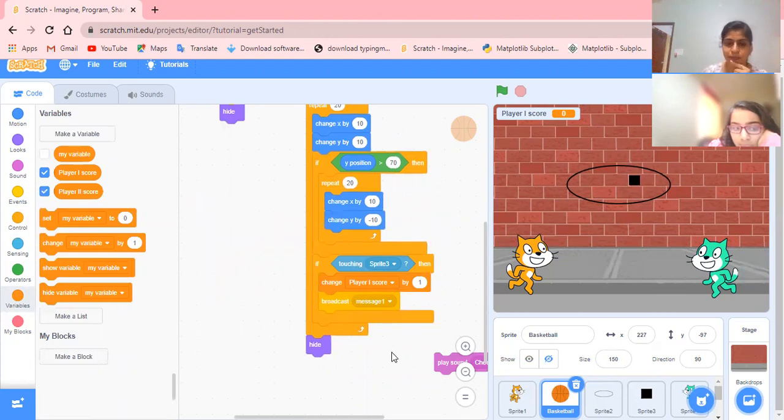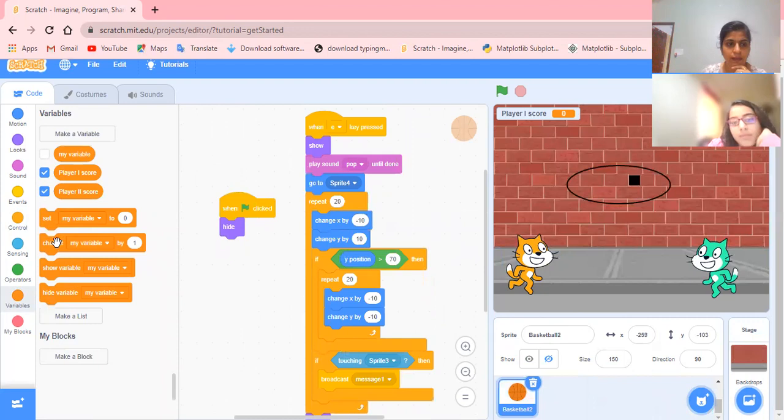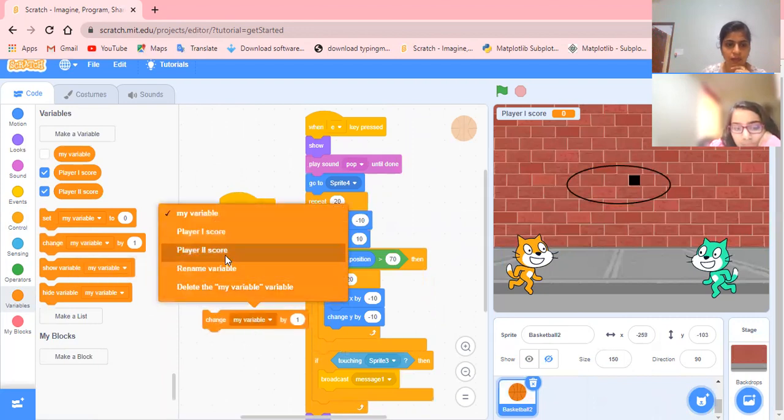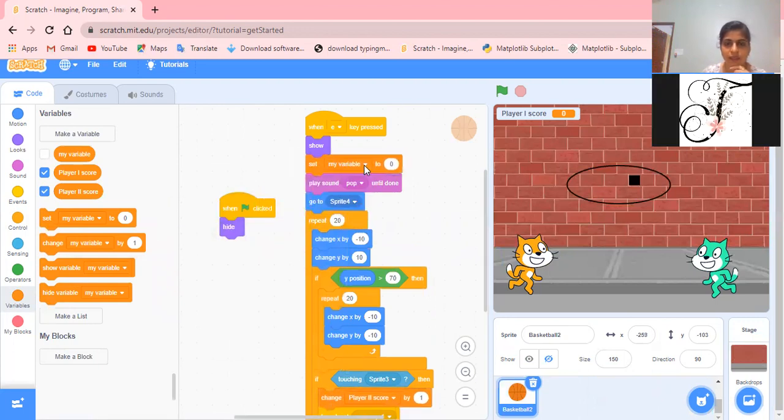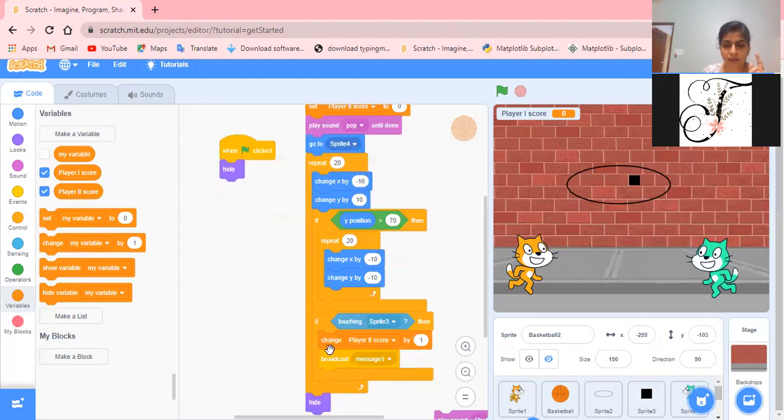Now what is left? Now player 2 score. For player 2, change the value here only, and put it in the same place, and the variable on the upside: score, player 2 score, right? Now what is left? The game over sprite. Game over sprite 2 will be there. Okay, one will be called by the variable 1. So here, where we are keeping it now, change the value.